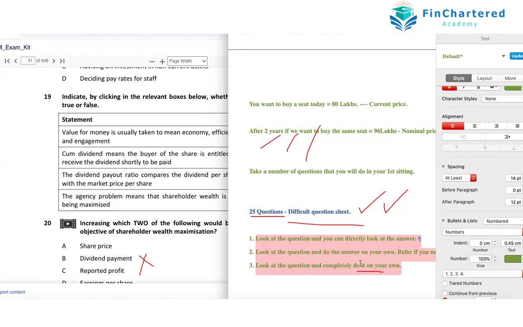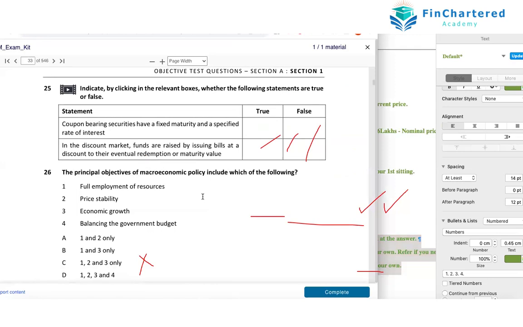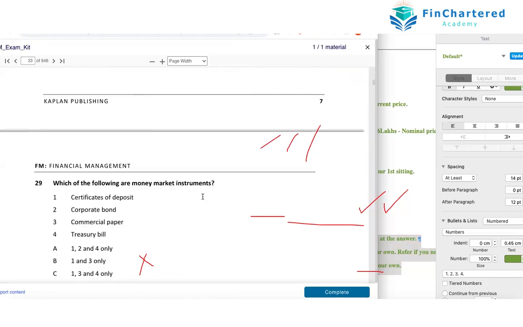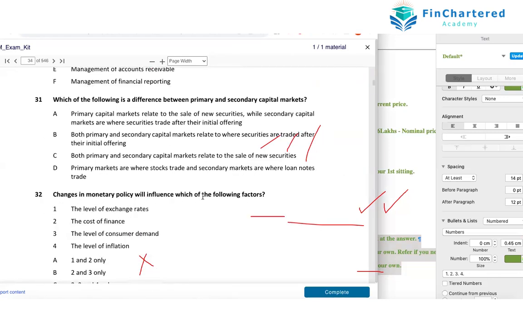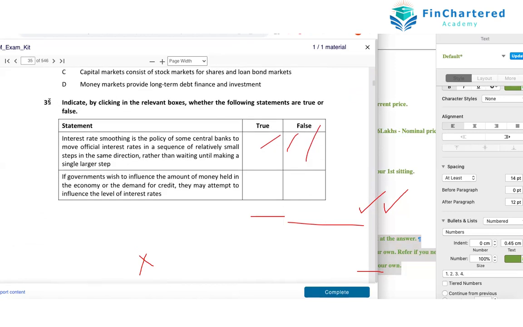Once these 25 questions are over, move to the next set of 25 questions. Follow the same approach. Say, for example, for questions 25 to 50, follow the same approach. Suppose question number 35, even after doing it as per this approach three times, is difficult. Mark it in the DQS and let us know. We will upload the video for you.